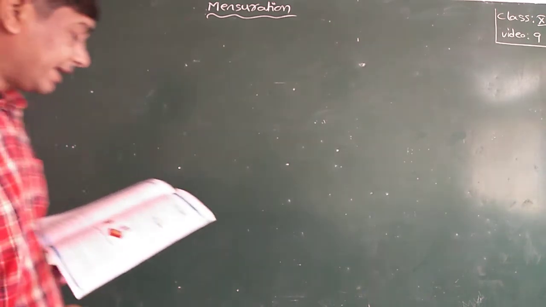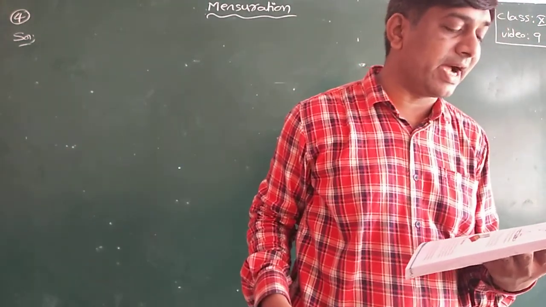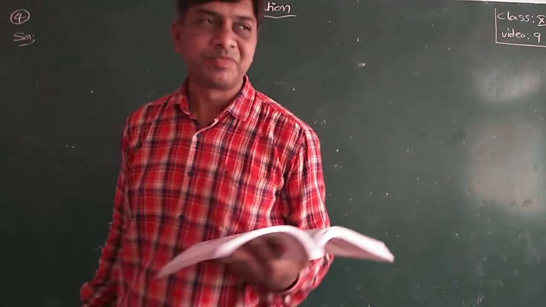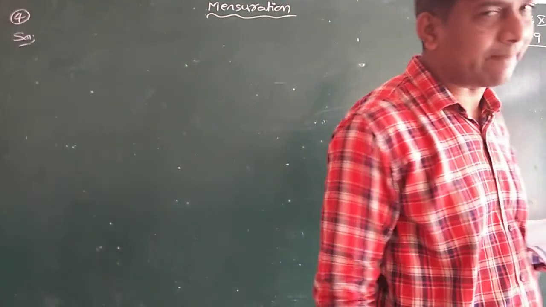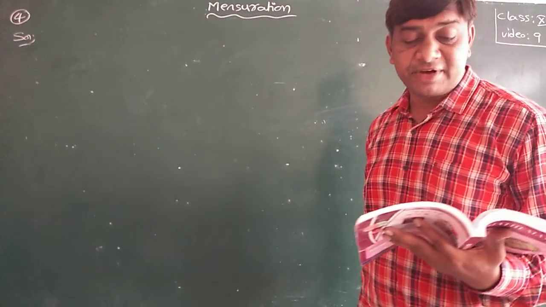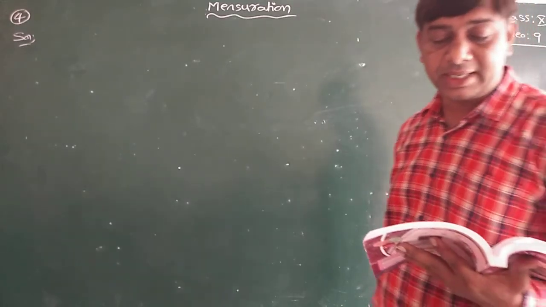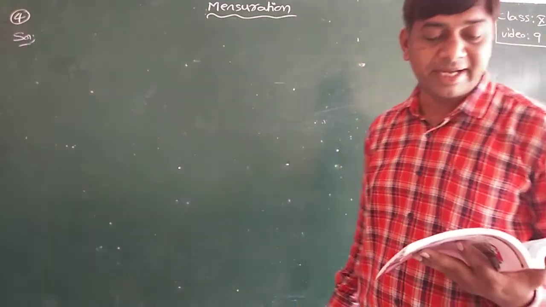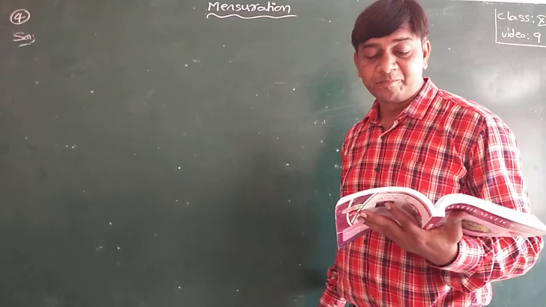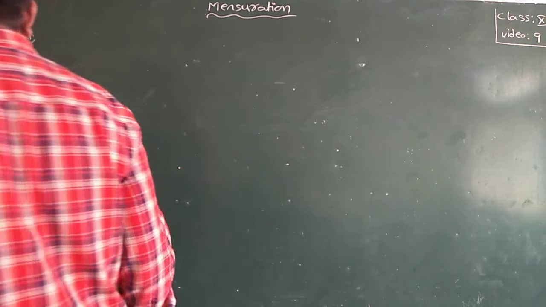Fourth question. A cylindrical mug of radius 5 centimeters and height 9.8 centimeters is full of water. Mug or tub, in my old textbook it was tub, so I read tub only there. A solid in the form of a right circular cone mounted on a hemisphere is immersed into the mug. The radius of the hemisphere is 3.5 centimeters and the height of the conical portion is 5 centimeters. Find the volume of water left in the tub.